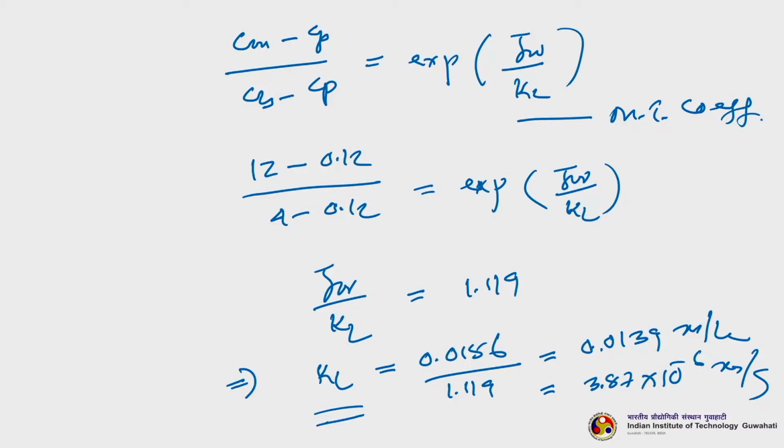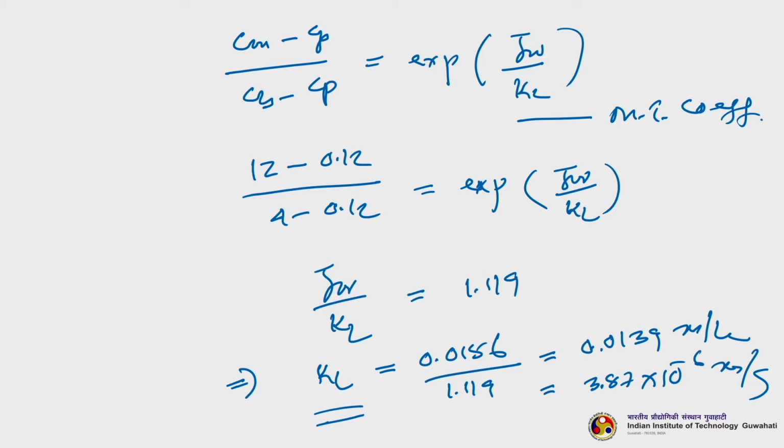Now, in the next case R is given as 0.99. So, that means only 0.01% of the salt is going to the permeate side. So, with that we have calculated the water flux as well as the salt flux, and then we have calculated the mass transfer coefficient using this particular equation.